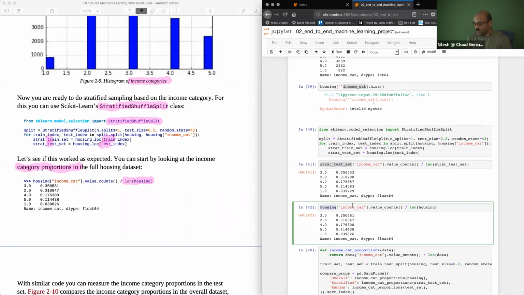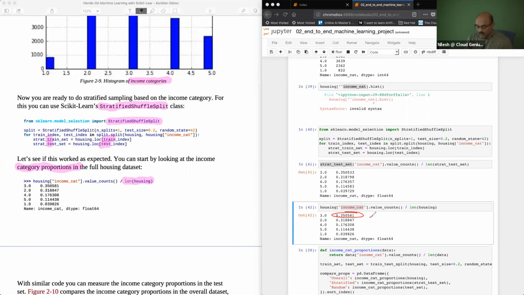If you do a non-stratified shuffle, you will see that these values will not align. You have a 0.35 here and a 0.35 here. That is a good alignment. For the housing income category number 2, the number that we have is 0.31, which is what we are really calculating. If you look at the